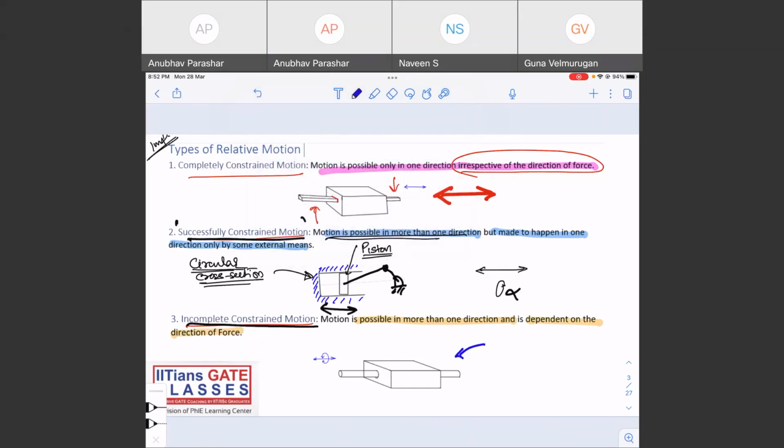A round bar, round in the sense a bar of circular cross section, inside a circular hole, right? So you can see here,